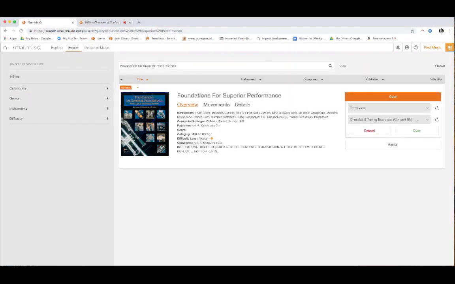Here's something I've done with my high school wind ensemble in the past that's yielded really wonderful results, utilizing the choral and intonation studies in Foundations for Superior Performance. I already searched it. We're going to open it up and work on tuning intervals in concert B flat.